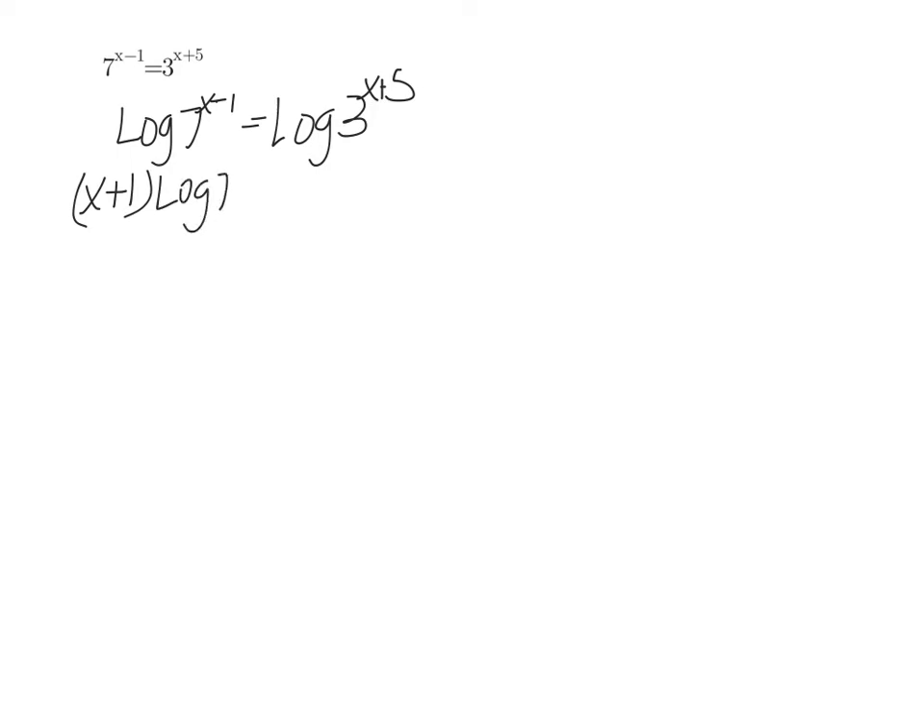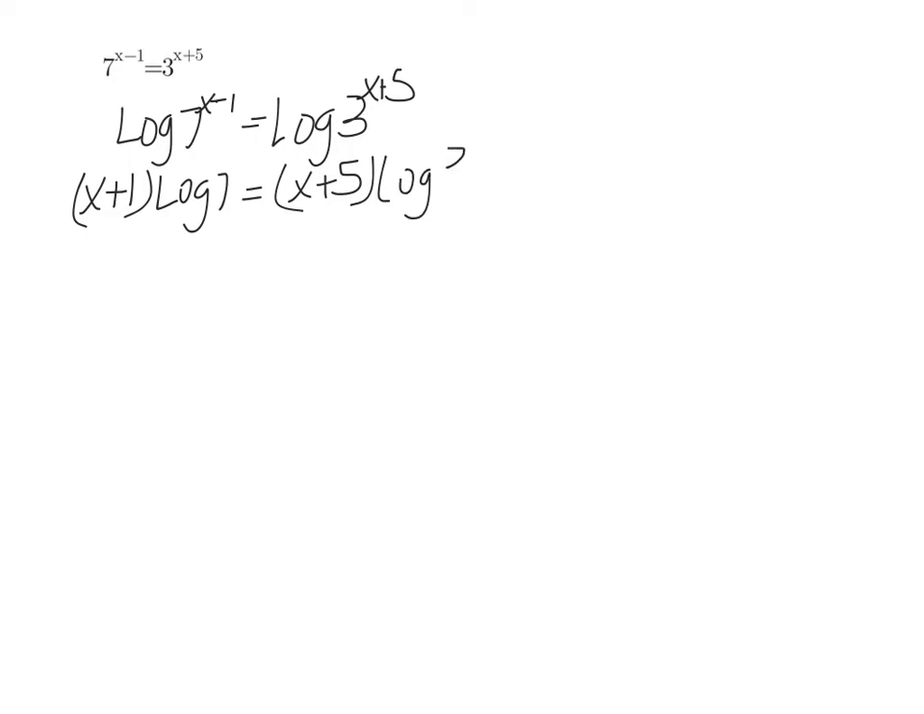Our next equation is a little bit more complicated because we have variables in both exponents, and this is the long problem we worked on in class. So we'll do the log of both sides. The log of 7 to the x plus 1 equals the log of 3 to the x plus 5. My exponent goes out front, so x plus 1 times the log of 7 equals x plus 5 times the